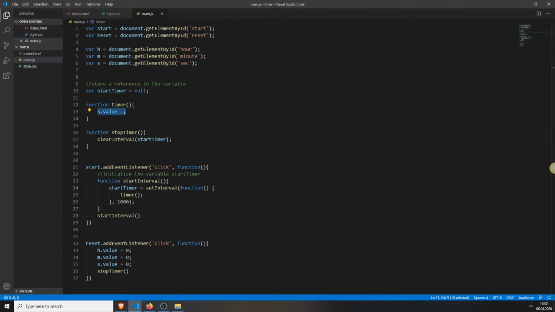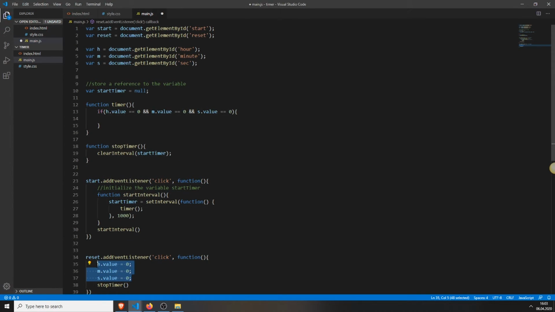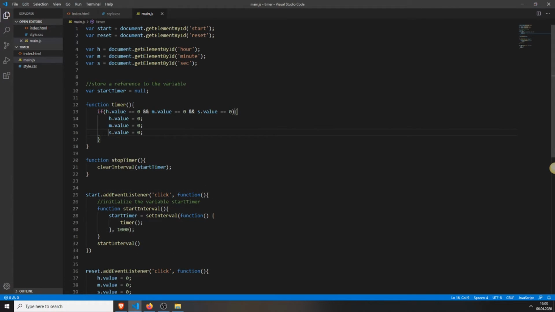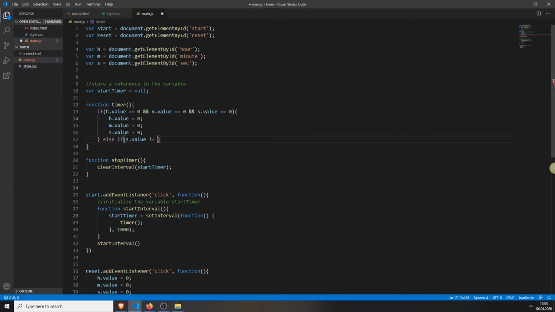So we first need to set a statement so it won't count down if everything is set to 0. And we do this by typing in if hour.value equals 0. So when the hour value is 0, and so if this is 0 and the minute value is 0 and the second value is 0, then just set everything to 0. So nothing happens. It will stay 0 because it's already set to 0. If it's all 0 and you press on the button, it will stay on 0. But now you can type in else if s.value does not equal 0,